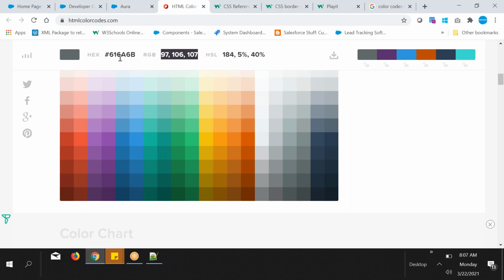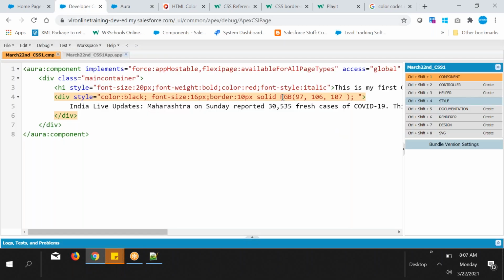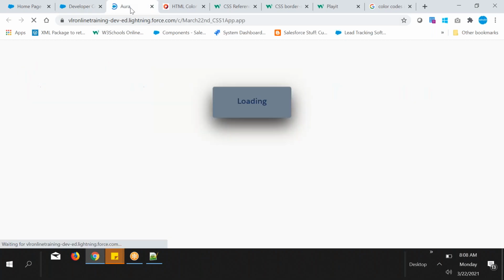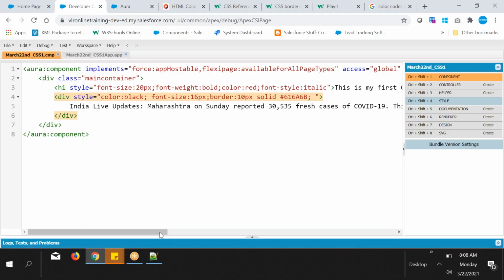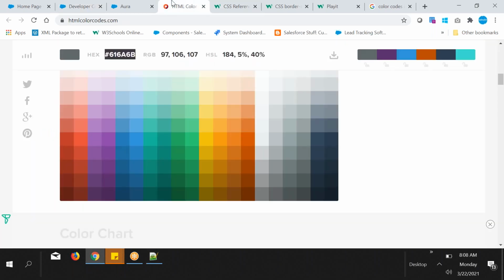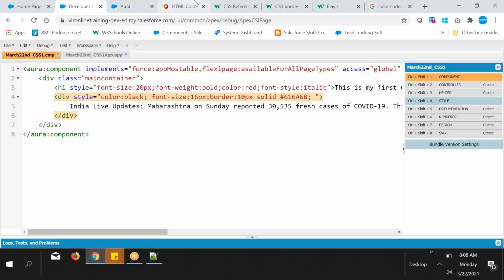Or without RGB, if you want to go with hexadecimal color codes, simply you can put hash, like this. Okay, it will not be changed. Borders only. So that's all about the colors. From Google you can pick up all the colors, guys. Don't worry. Next,